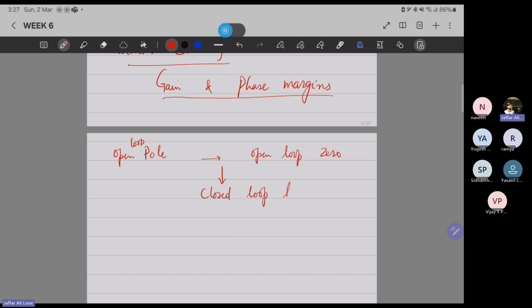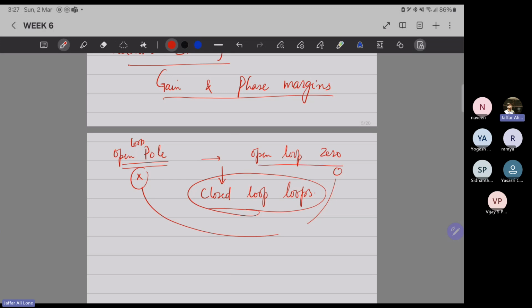So it gives us information about closed loop poles, right? When you start from an open loop pole and terminate at an open loop zero, it means open loop poles at k equal to infinity become closed loop poles, and open loop zeros at k equal to infinity become closed loop poles. Right. So what is the crux? What is crux here is that as we increase the gain,